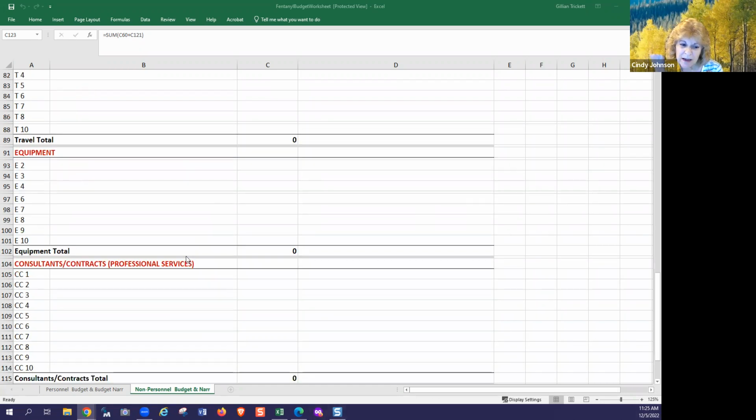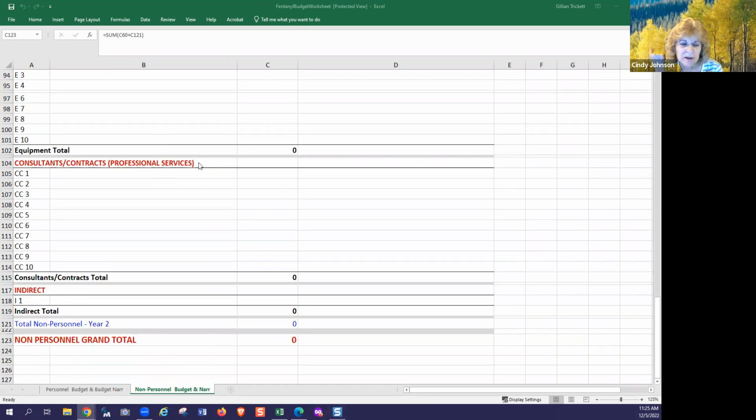Consultants would be any professional type services that you're contracting for. So if you're going to be contracting with a lab, or you're going to be contracting with some kind of a technician that's going to do science work, I'm guessing, because I don't know what kind of things you guys are going to do here, that is not on your payroll, that would go in your consultants and contracted professional